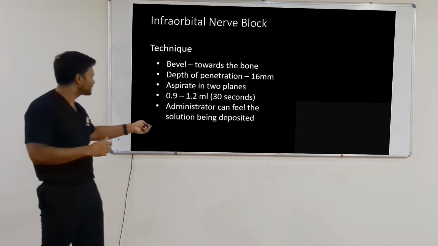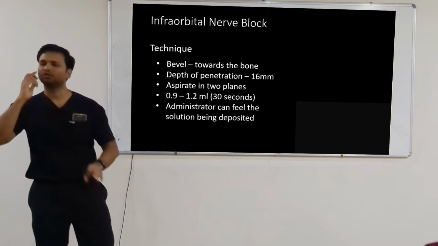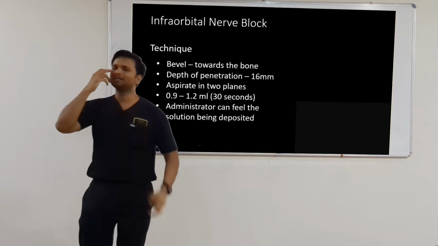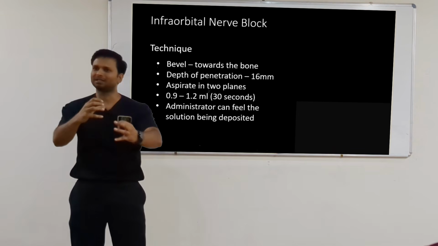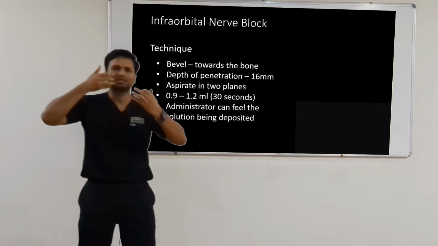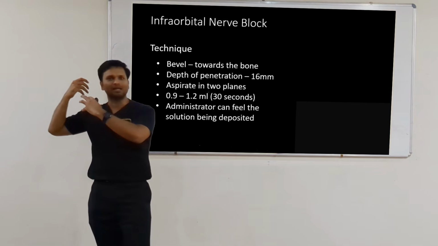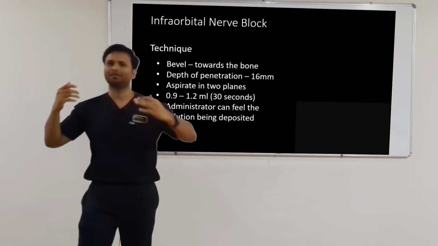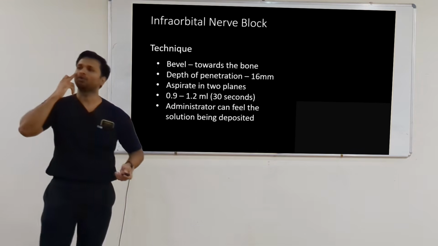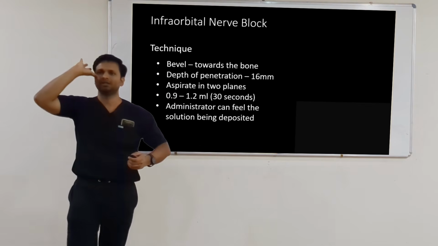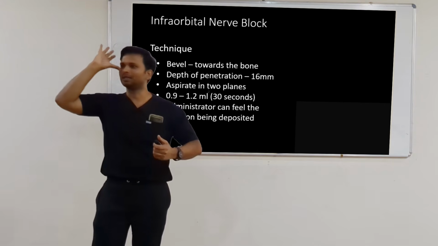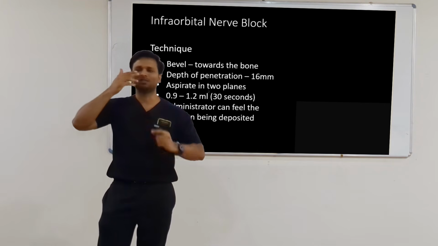So, if you just deposit the LA there and वो छोड़ देंगे, तो वो just terminal branches हैं. That is the inferior palpebral, superior labial and lateral nasal. सिर्फ वही anesthetize होंगे. We want the LA solution to go inside the foramen, into the canal and anesthetize the ASA and MSA. So, what are we going to do? Once you have deposited the LA, you're going to apply pressure with your thumb over the foramen. उसको ऐसा नहीं है, massage नहीं करना, याद रखो. You don't massage it.